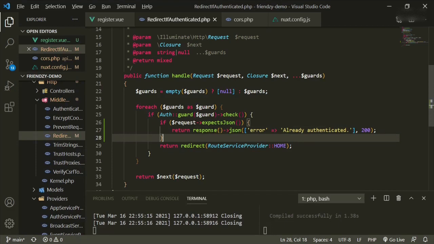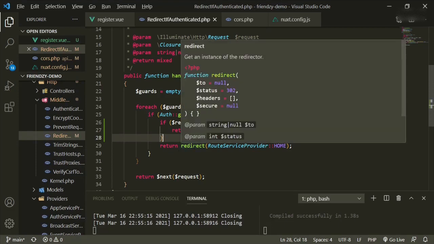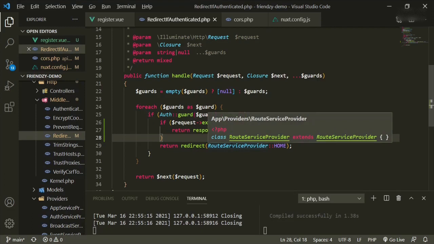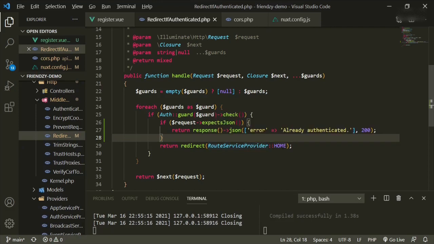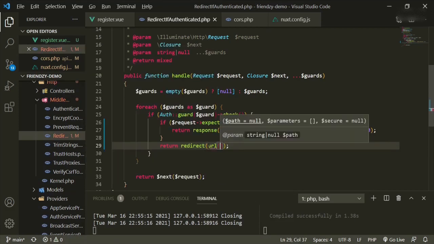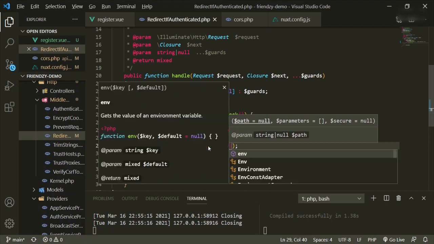And then when we return redirect, instead of redirecting to this home, we need to figure out a way to connect this request and bring it to the front end so that Nuxt can understand it, accept it, and do something with it. So to do that, we need to actually create a new environment variable. And that environment variable, we're going to add it in here. We'll add it to the .env in a second, but it's going to be a URL, env,